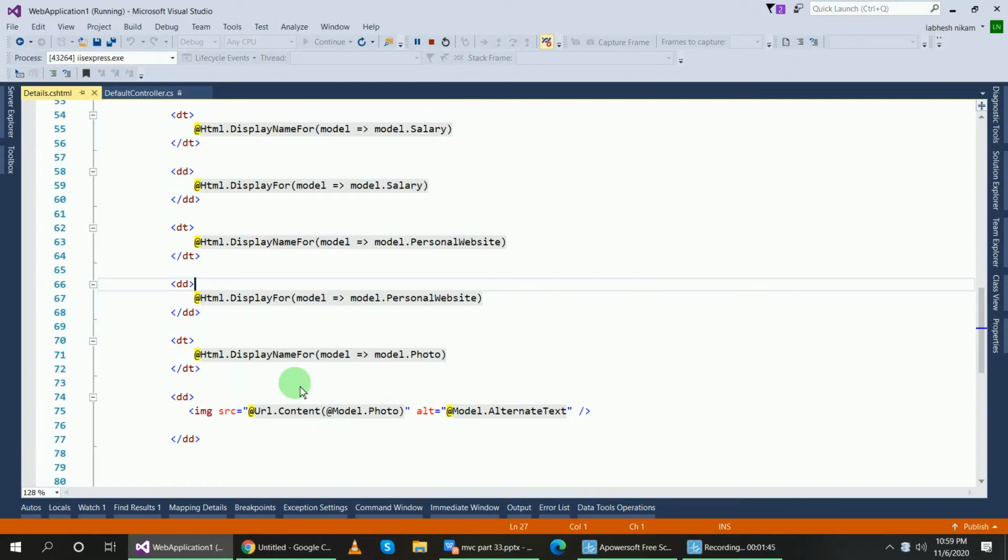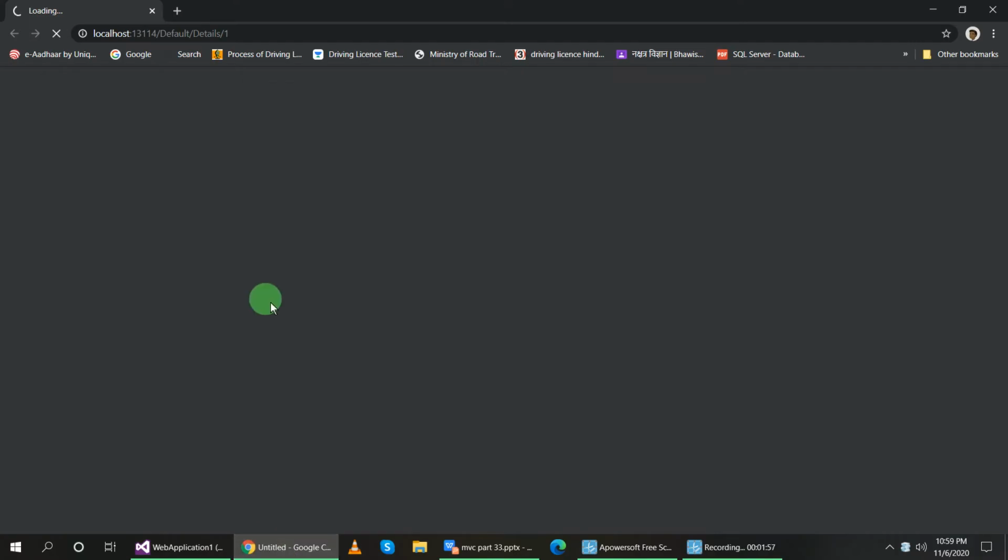In the last session you have seen that I was using this image tag inside of the form and displaying that image. The output was displaying like this. It is running now.